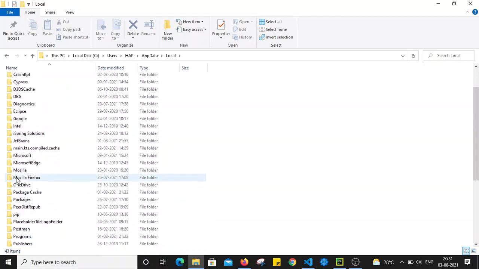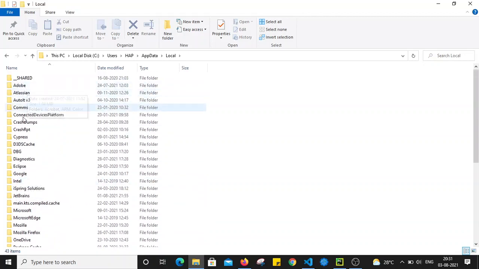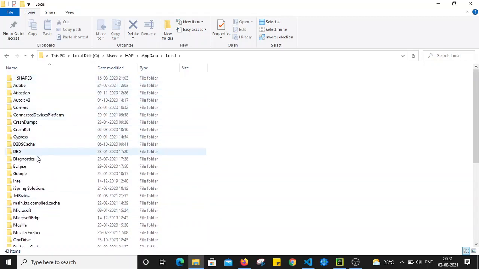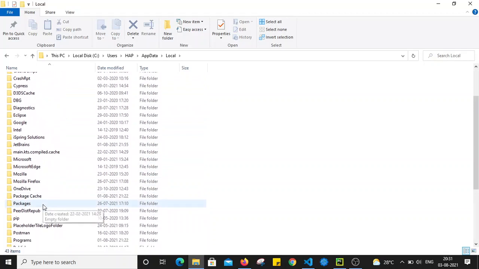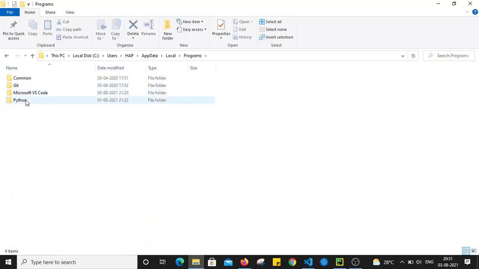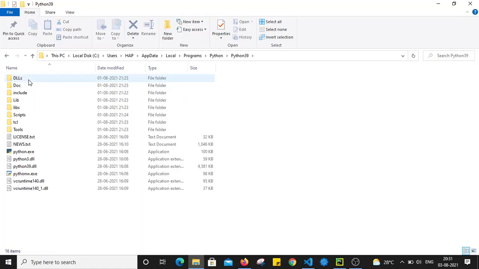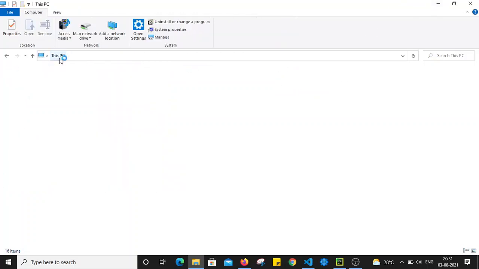You can install it on your system at any location you want. Here we can see the Python39 folder is there. So I have to go to this folder and simply copy this path. I am just copying this address and I am going to provide this path to the environment variable.